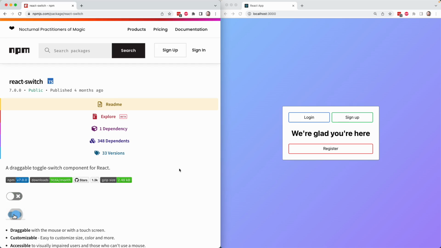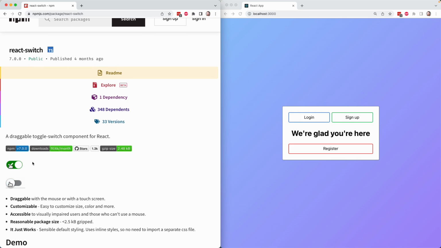So in this lesson, we're going to install a new NPM package called React Switch. The React Switch package exposes a React component that represents a switch or a toggle. Here on the official NPM page for the project, I can see an example right here. And it's a beautiful toggle that the user can click that varies between two different settings, or in our case,